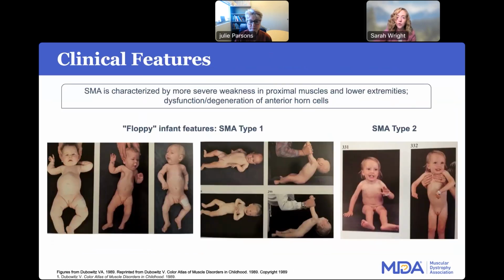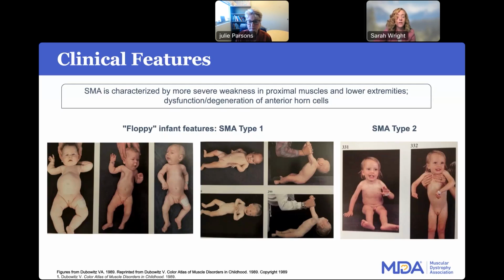And so these photos show quite nicely more of the severe phenotypes that we can see with spinal muscular atrophy. As initially described by Werdnig-Hoffmann, the floppy infant in SMA type 1, those are the photos here on the left. And of course, we can see in the middle some phenotypic features that are consistent with low muscle tone or hypotonia, including frog leg positioning, the head lag with pull to sit that can be very pronounced in a newborn and persist past 2 months, particularly in those patients with type 2 SMA, as well as,